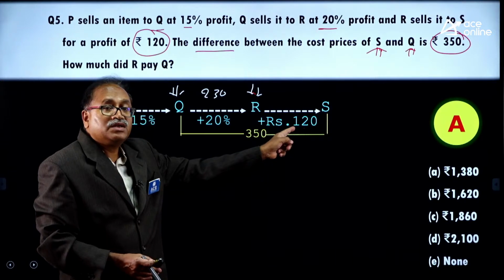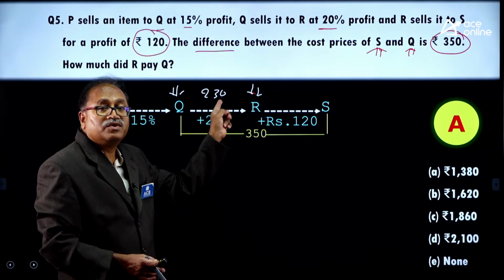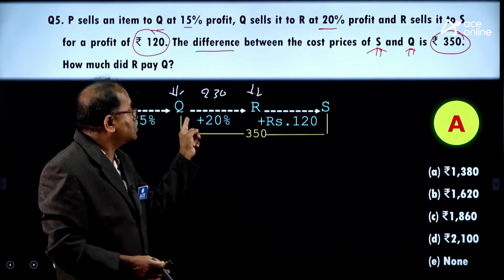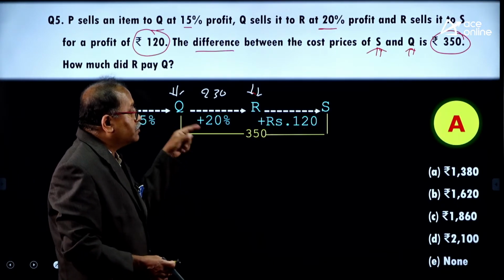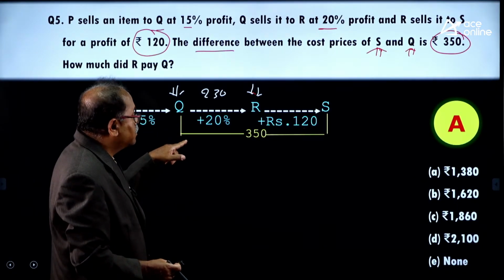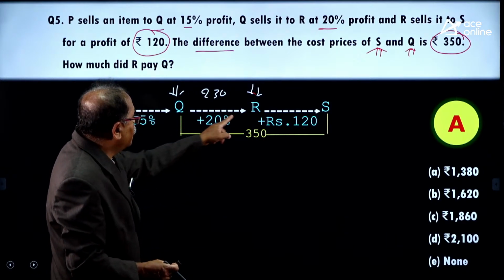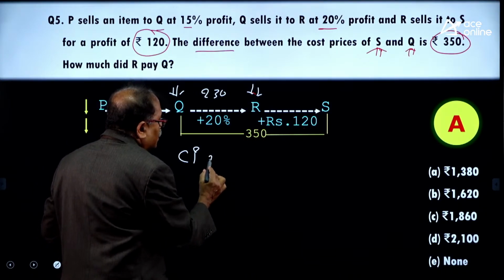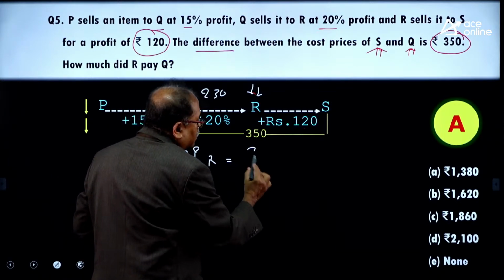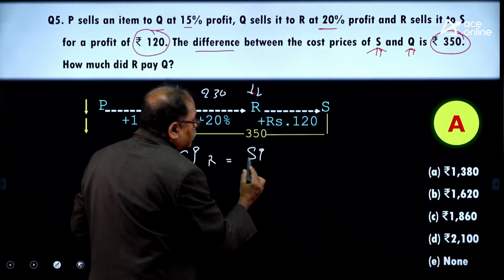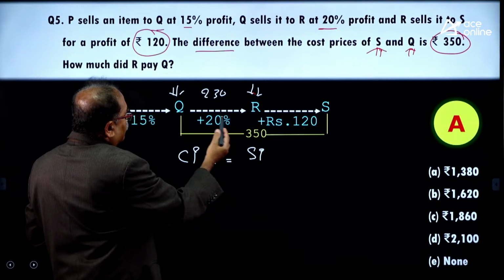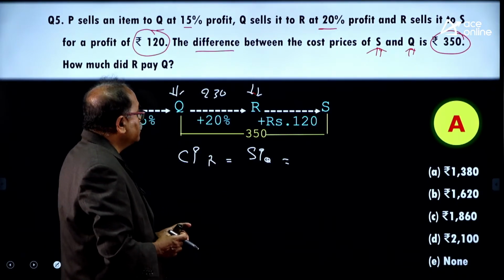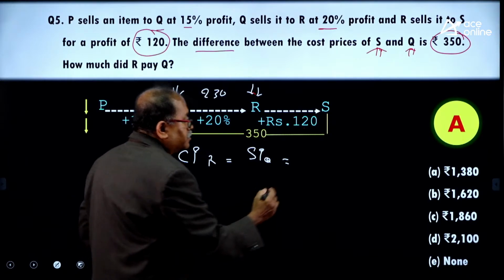So, 350 minus 120, I am getting 230 as the profit, and that is 20% of the cost price of Q. So, what I need to find out is the CP of R, which is the same as the SP of Q. How much is that? That is 230